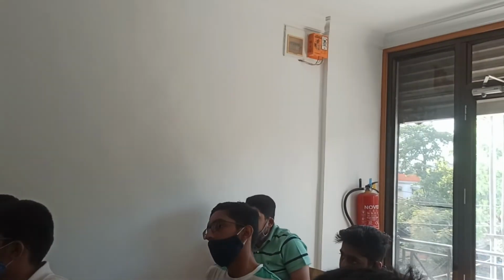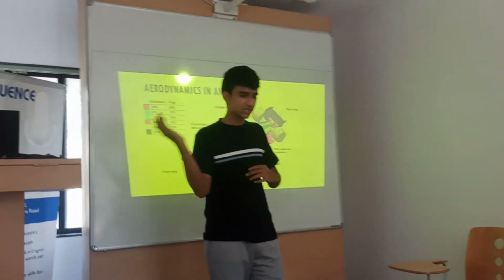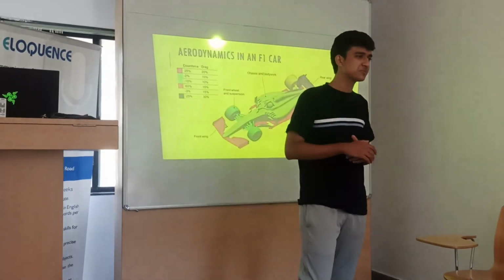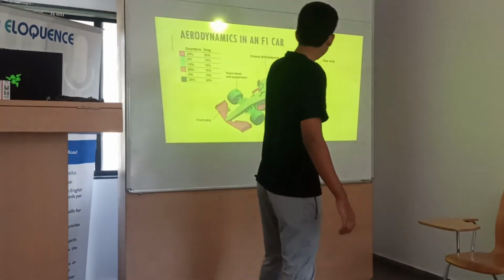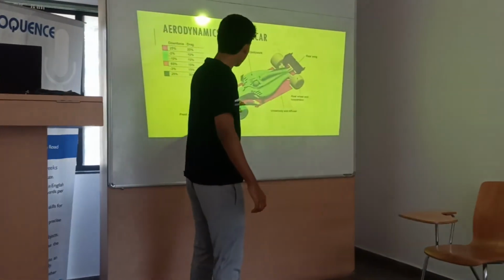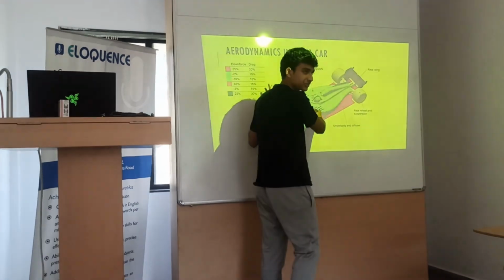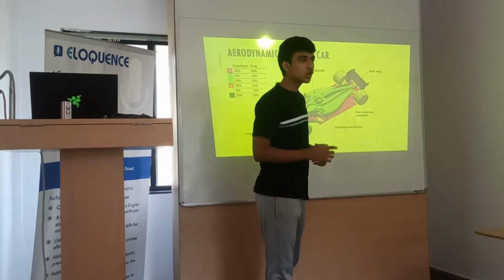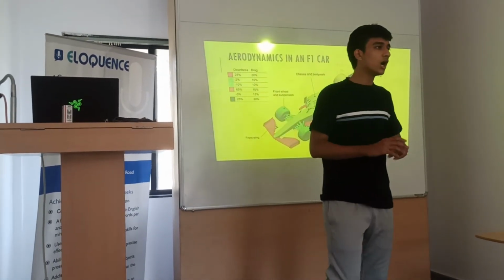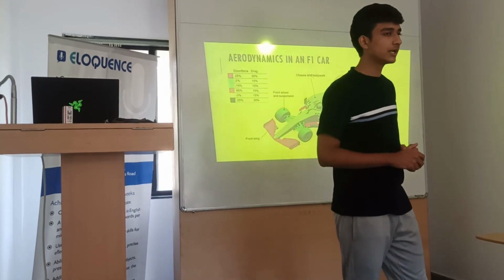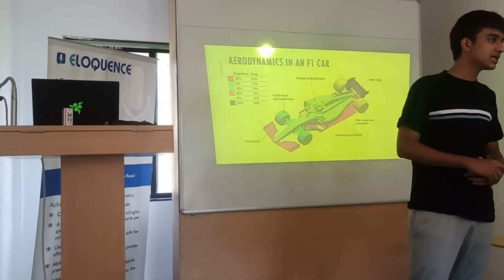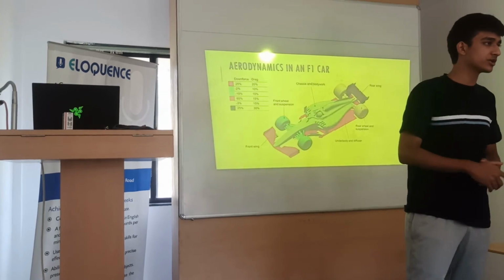How many G's will an F1 car experience while going on a straight road? In a straight line, there are minimal G's, not too much lateral G. Lateral G forces are not experienced because there is no turn. The moment it turns into a corner, the G force will go in the opposite direction. What is the number? It depends on the corner and the speed. Suppose we are going through Copse corner in Great Britain, approximately 5 to 6 G's are experienced at very high speed corners.